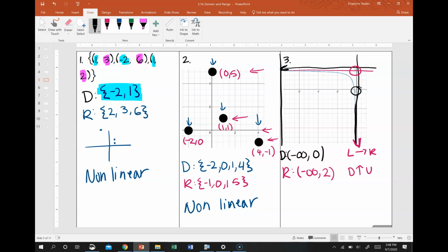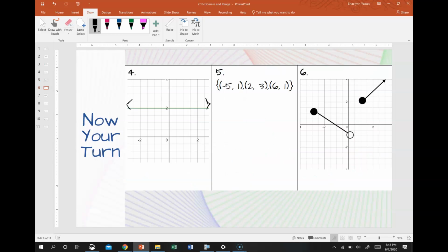Okay? Any questions there? All right, I want you guys to go ahead and give this one a shot. Notice that the range on 4 is going to be a little different, but you've totally got this. Just give it a shot. You can at least do the domain and range on 5. You got this. Go ahead and give it